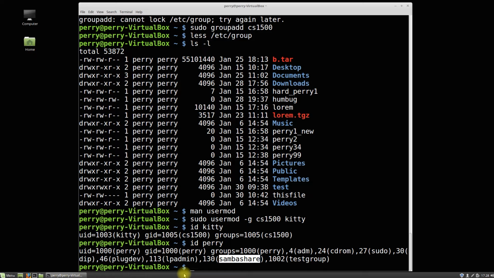So how do I add another without changing my primary group? I don't want to change from the Perry group being my primary group, but what I might like to do is add the CS1500 group so that I can read all of the things in Kitty's directory now that we changed Kitty's primary group, right? No, we'll just do this so we can demonstrate sharing stuff, right? So how would I do that? It's going to be the